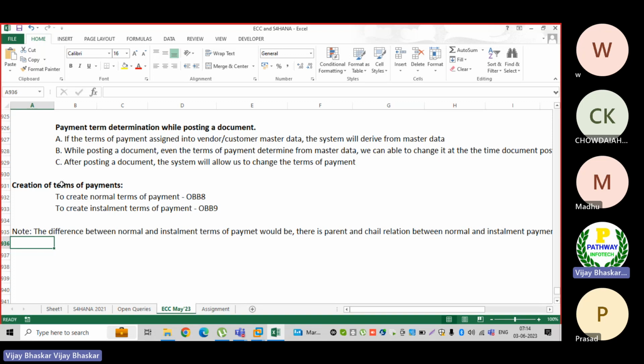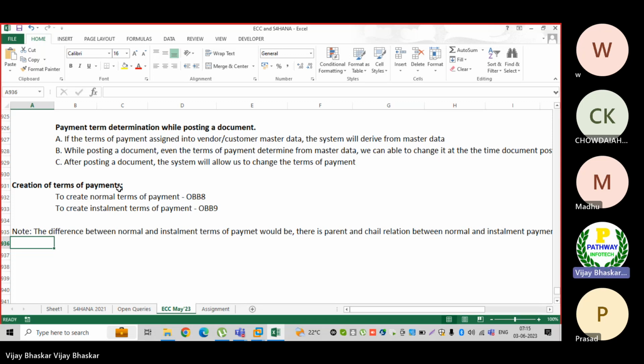Now, when I say parent and child relationship, first you need to create the payment term as a normal payment term. Once it is created as a normal payment term, you can create the installment payment term by converting it.